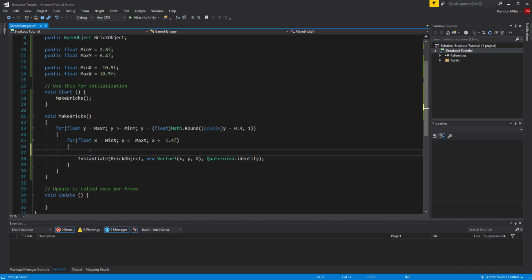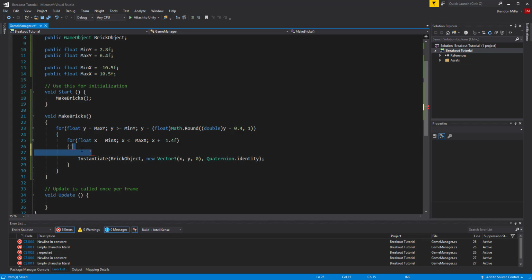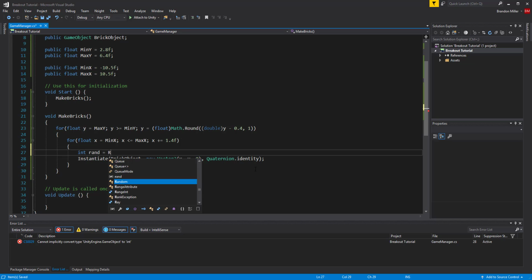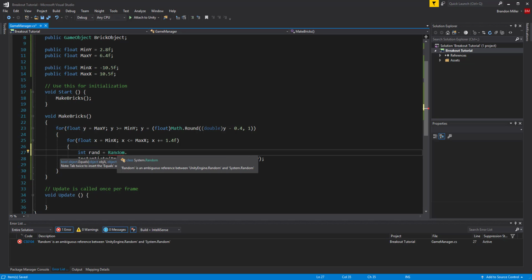Now, I like my games to be a little random, and hopefully almost everybody does, especially in something like Breakout. You really just don't want to have a huge wall of bricks, unless that's what you're going for. But for me, that's just not what I'm going for. So in order to make it a little bit more random, I made an int and called it rand, and then I used random dot, and here you have to specify, because System already has a Random class,